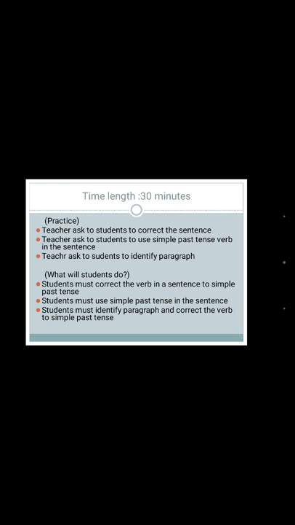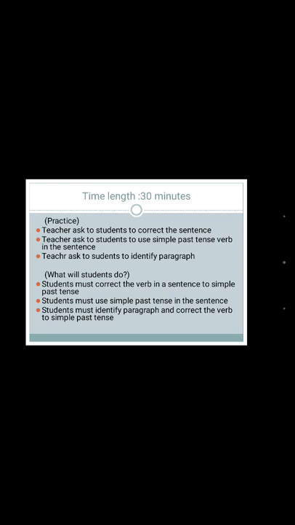First, the students must correct the verb in a sentence to simple past tense. Students must use simple past tense in the sentence, and students must identify a paragraph and correct the verb to simple past tense. In this section, the teacher will ask the students to correct the sentence, and